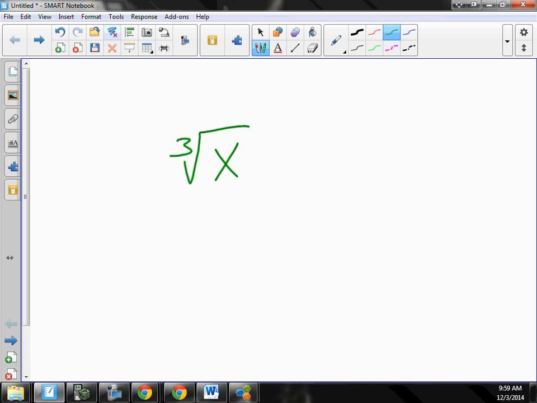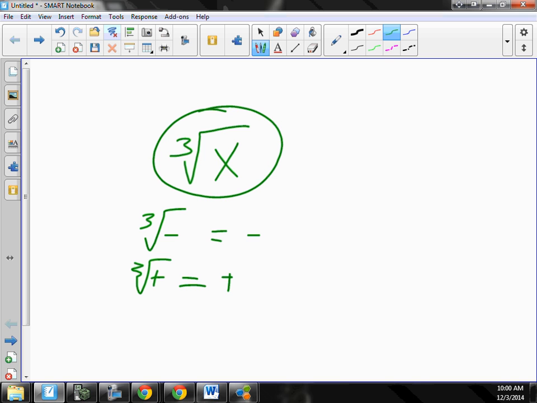It's also all real numbers, because if I do the cubed root of a negative number, what do I get? All possible negative numbers. If I do the cubed root of a positive number, what do I get? All possible positive numbers. So if you have this, the domain is all real numbers and the range is all